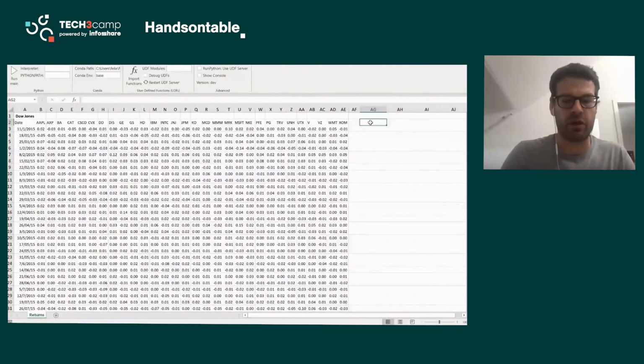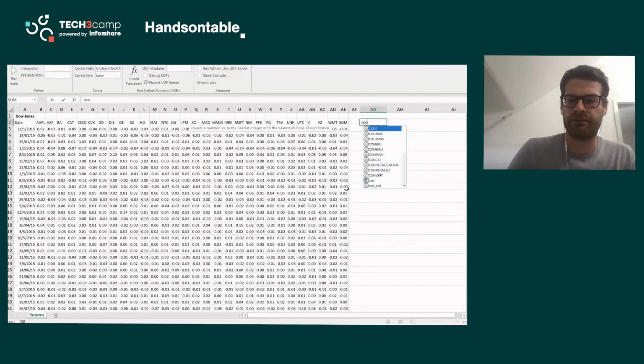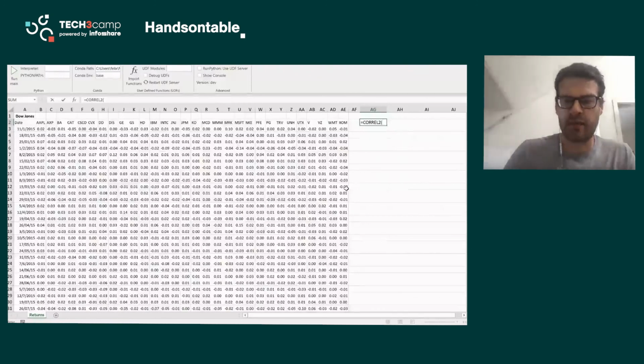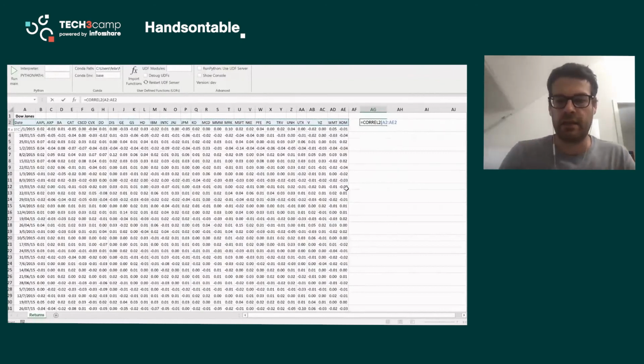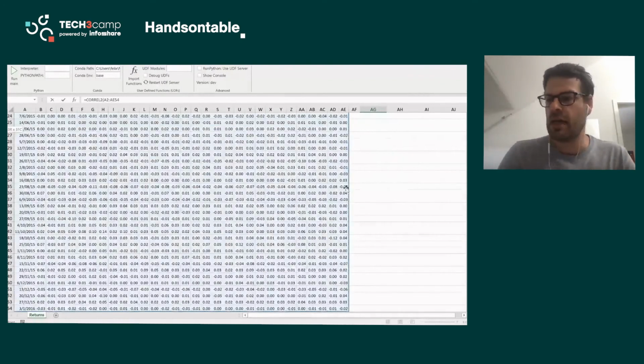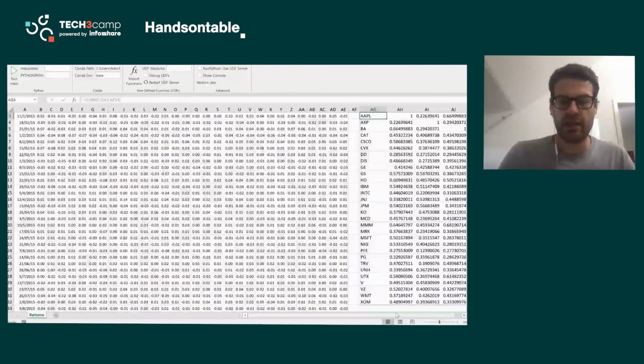It only gives you a function for two time series, let's say, and you can get the correlation for these two data sets, but not for a big matrix of data. So to demonstrate that to you, after importing these functions, you will have them available here. Instead of the built-in correlation, which only accepts two data sets, I can use the correlation function that I did in Python, and I can press enter, and this gives me here the full correlation